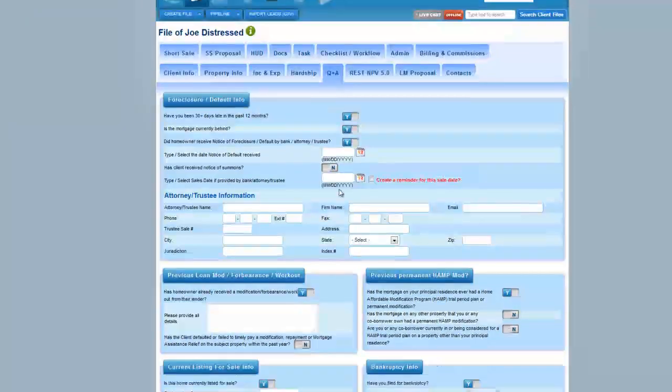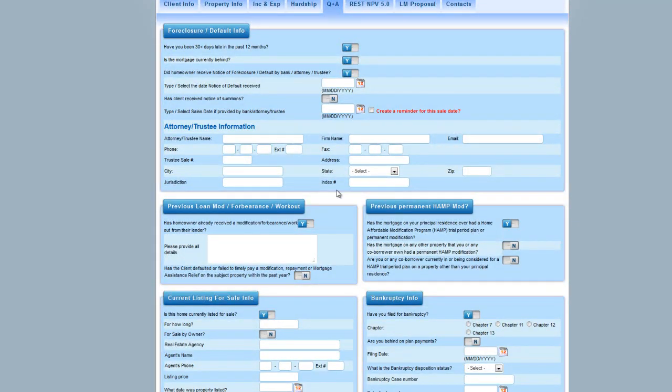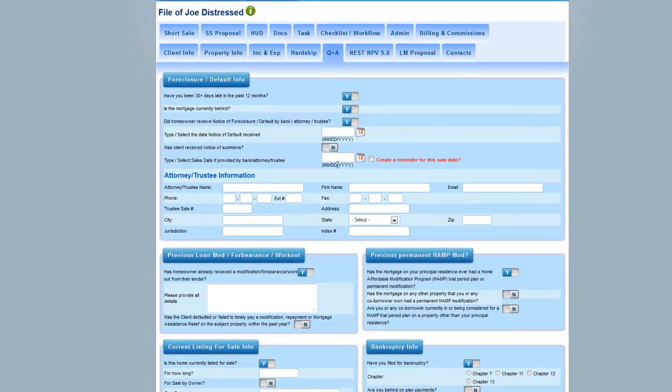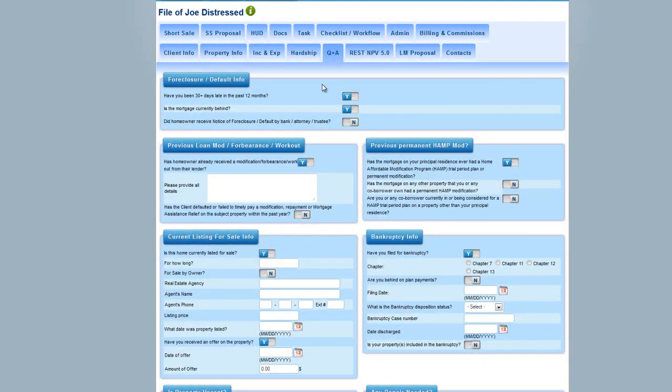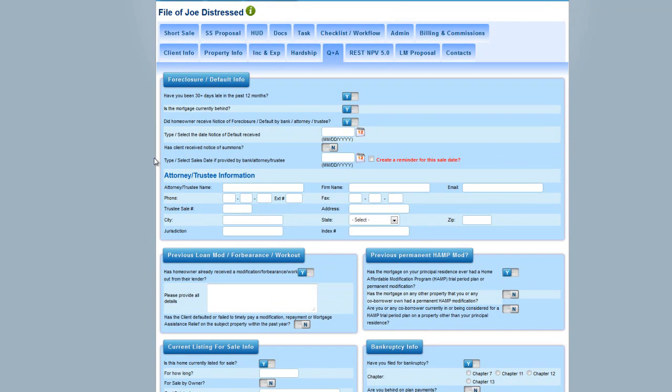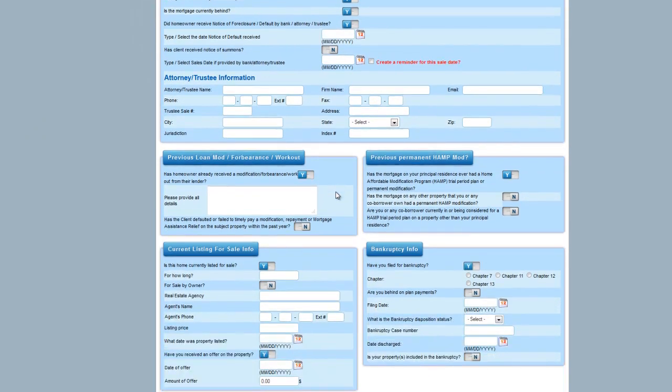Q&A. This is great because when you're doing an intake on a file, you want to make sure that you ask all the right questions. And our qualification form here is smart, meaning that it knows if you answer yes, did you receive notice of foreclosure, then it's going to want to ask, all right, well, did you get a sale date yet? Did you get the notice of summons? Who's the attorney or trustee involved? Do you want to create a reminder on that sale date if it exists? It really guides you to do things properly, keeping you more on point and more efficient through your whole file